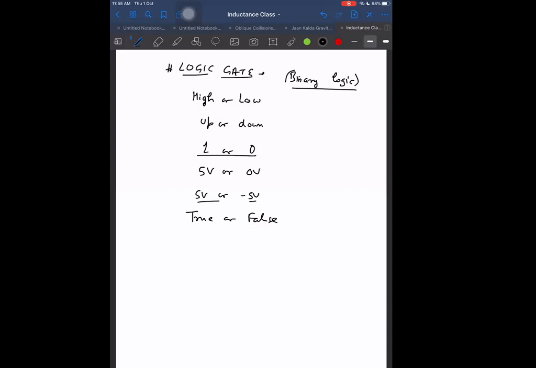True or false. So binary logic means which cannot have variation. It is just one exact fixed value. Either it is true or it is false. It cannot be anything in between. Either it is high or it is low. It cannot be anything in between. Just two things only. Okay. We will represent this mostly as 1 or 0. Because if I represent by 1 and 0, then we can do